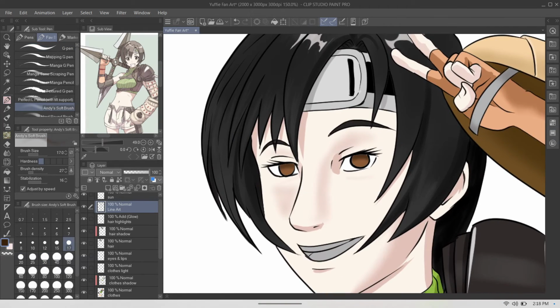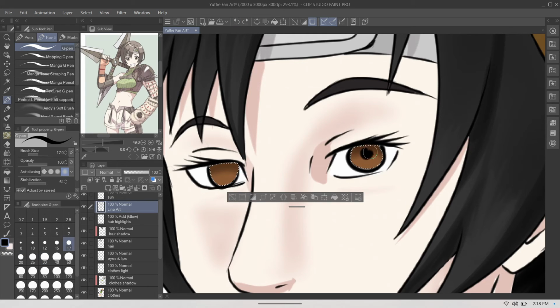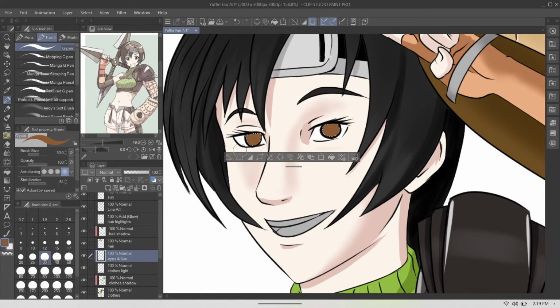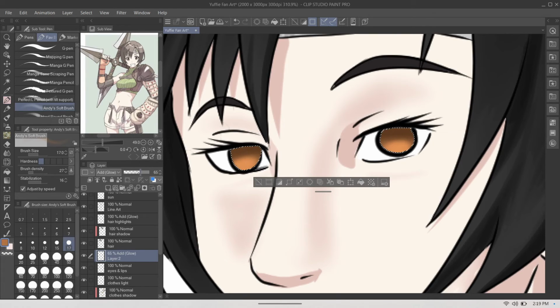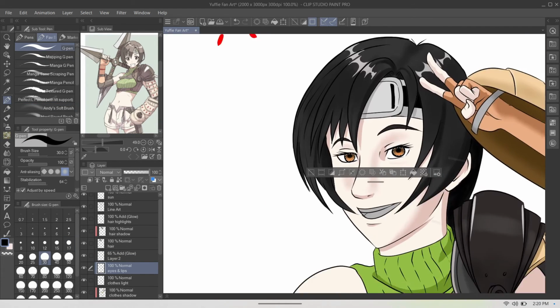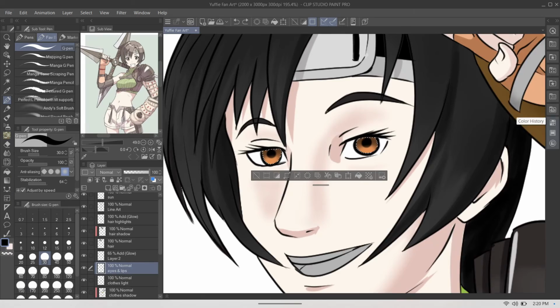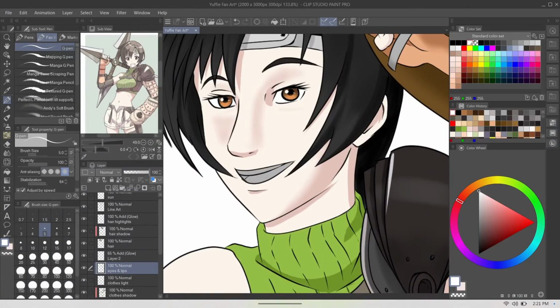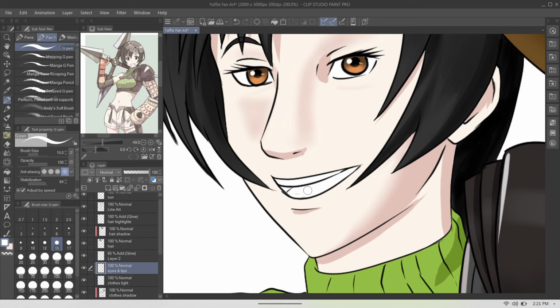For example, with the paint bucket tool, when you drag it on the screen, you can paint multiple things. And the program is created in such a way that you don't have to be in the line art layer to color. You can be under the line art layer. It just helps you work faster and more efficiently. I absolutely love Clip Studio Pro, and I am not going back to Photoshop whatsoever.